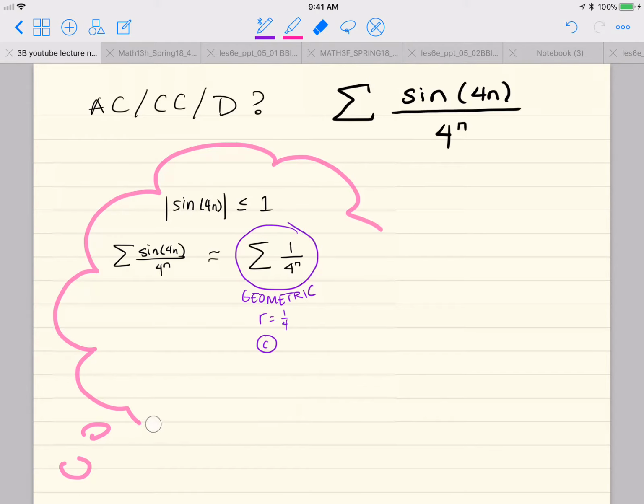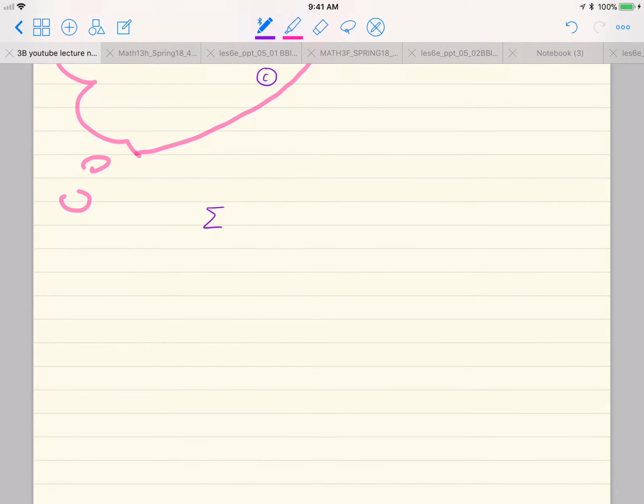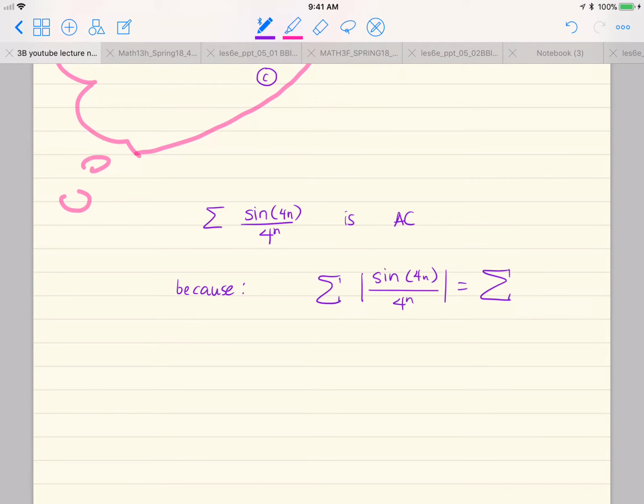So what we'll say is our series, sine of 4n over 4 to the n, is absolutely convergent because, let's look at the absolute value of these terms. So the absolute value of sine of 4n over 4 to the n is going to be the sum of the absolute value of sine of 4n, all divided by 4 to the n, and by the direct comparison test,